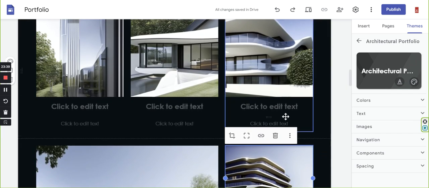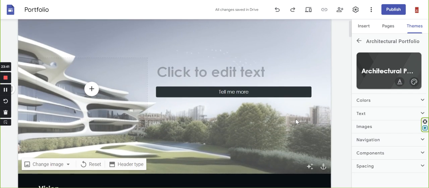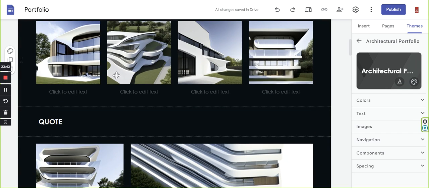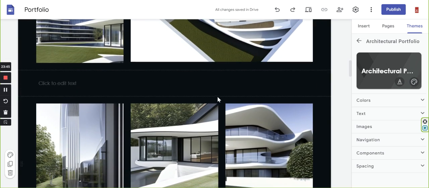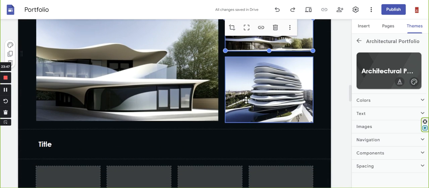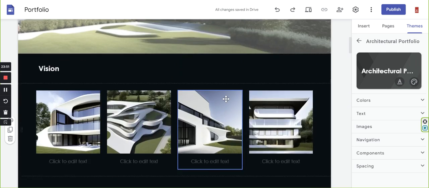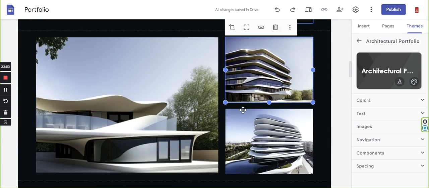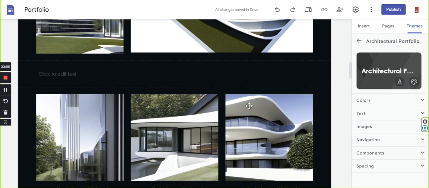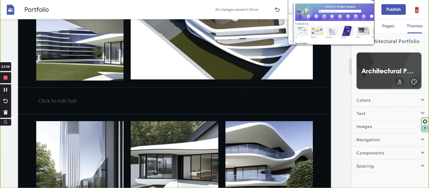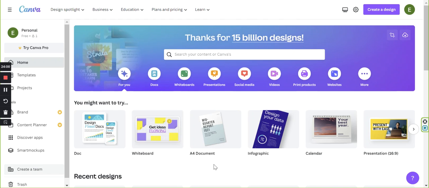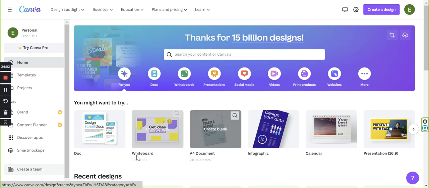Okay, so you get the idea. When you have your template for your website, it's really easy to start filling it in with the images that I created in Canva. So I'm going to show you now in Canva how I generated all these images. So you can go to Canva. This is my Canva